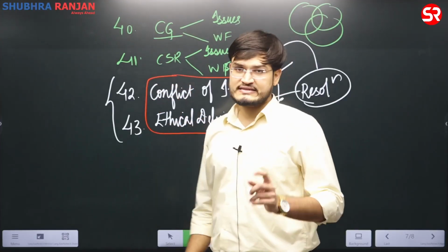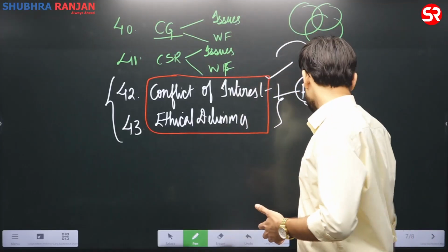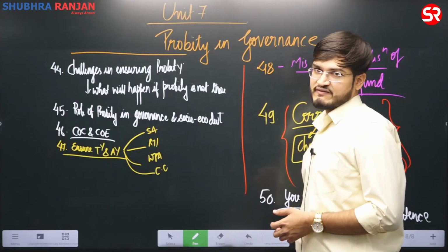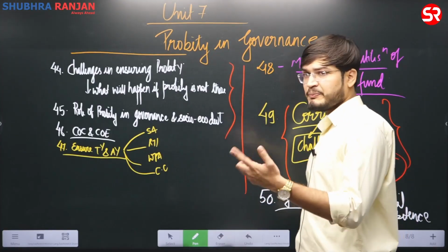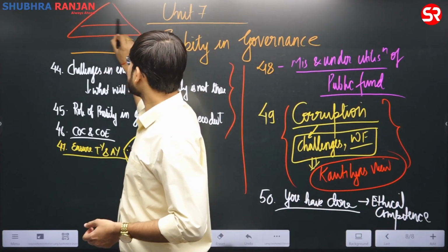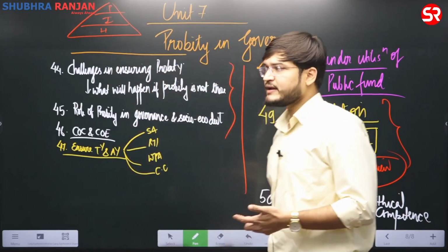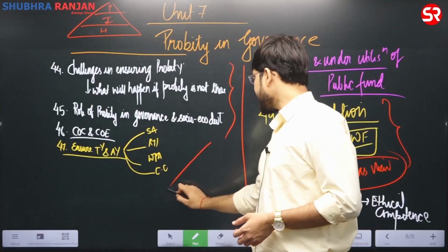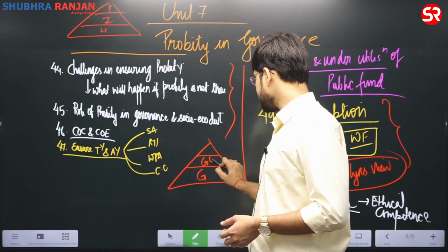If they are not asking in the theory part, anyway they are going to ask in the case studies, and thereby that is unit number 7. And ensuring all of those aspects, you have to make diagrams, for example, like honesty, integrity, and probity. Yes, honesty, integrity, and probity. Or for example, you can also make a diagram with respect to governance, good governance, and ethical governance.